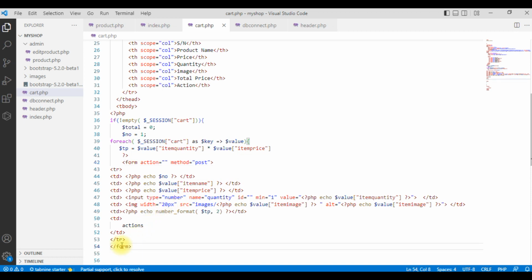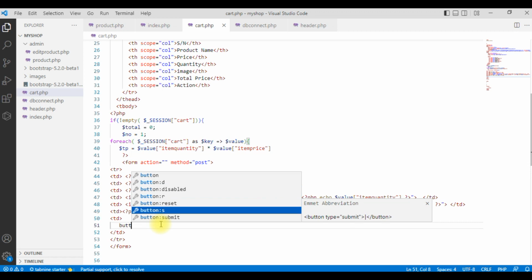Okay, now what do we want to do? Remember that we have an input here. This is an input. I can change the number, so it's the reason why we are having a form here, so that when you change the value of that quantity, then you click on a button under these actions,